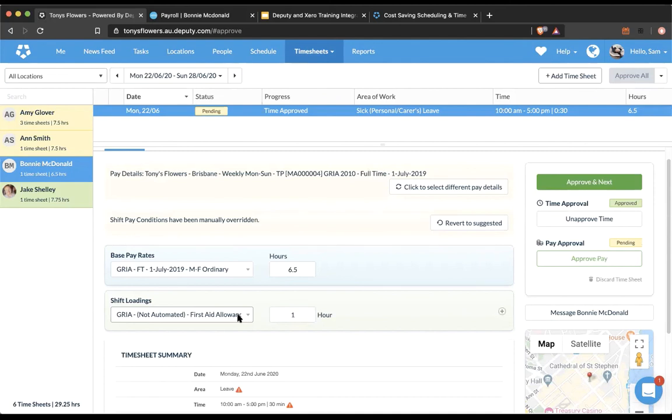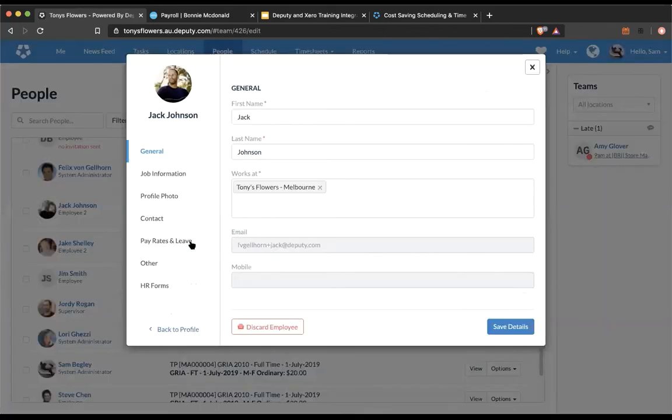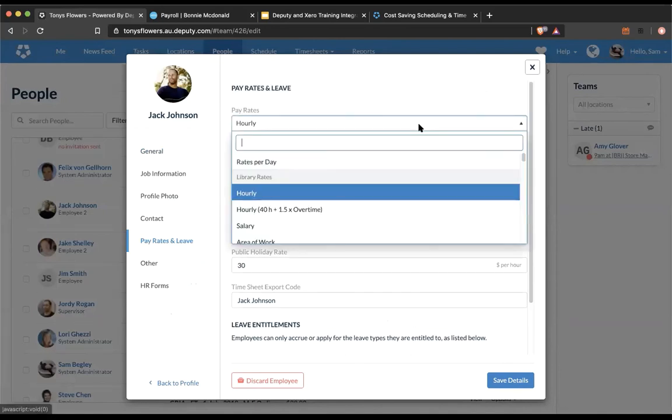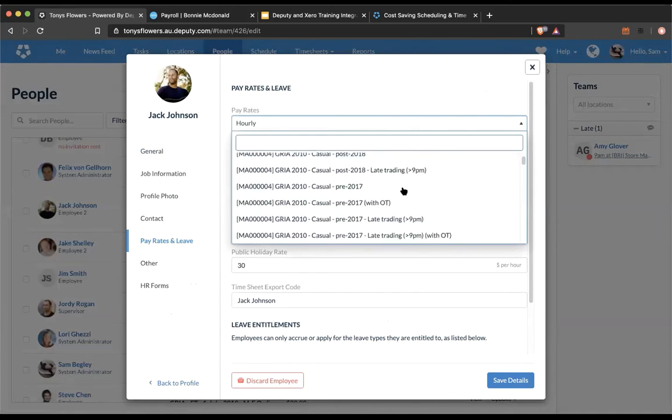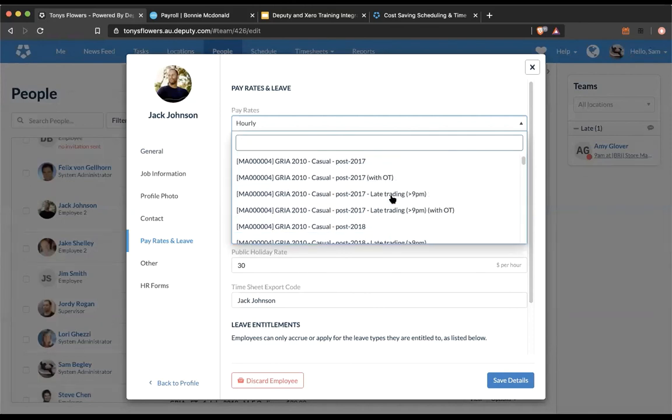Yep. But another question was, actually two questions regarding the actual award rates. So if we can jump back in the people tab. Sure. And just choose anyone that's set up with an award. I'm going to pick on Jack. Favorite musician. Yeah. There you go. Banana pancakes. Okay. So if we go down, maybe we should stick with GRIA. Sure. So the first question was, someone asked, what is the difference between the dates behind it, basically,